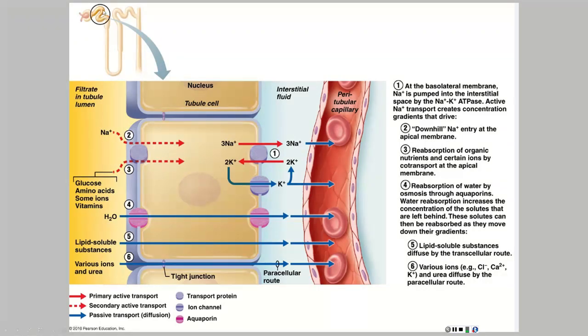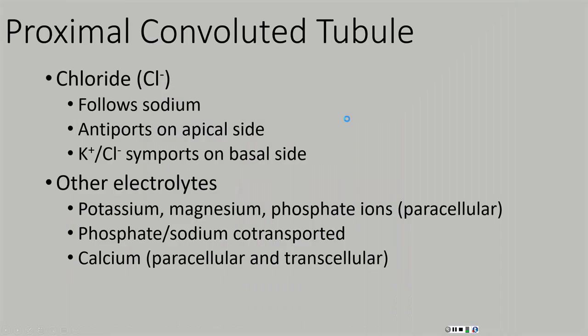So let's imagine here. We can see here's the PCT, we've taken a bit of it, and now we're looking at these are the cells that make the wall of the tubule. Here it is a simple cuboidal epithelial cell in this case. Over here is the filtrate of the tubule inside the lumen. Here is the interstitium that we just mentioned. And here is one of those peritubular capillaries.